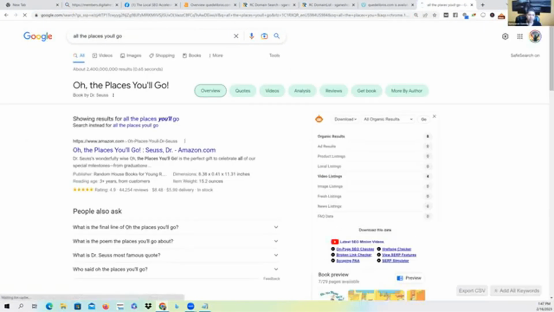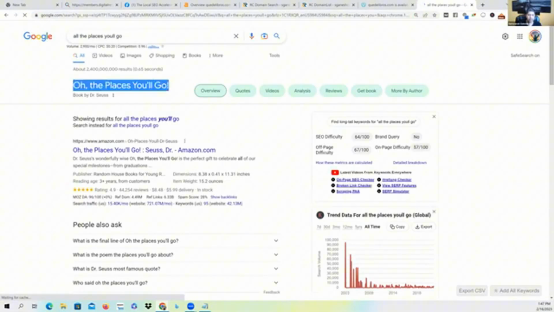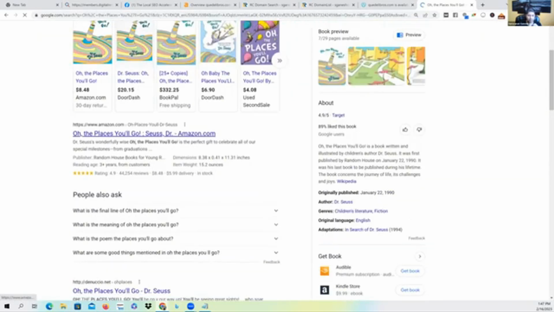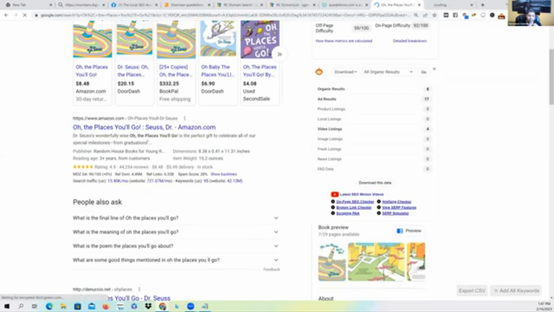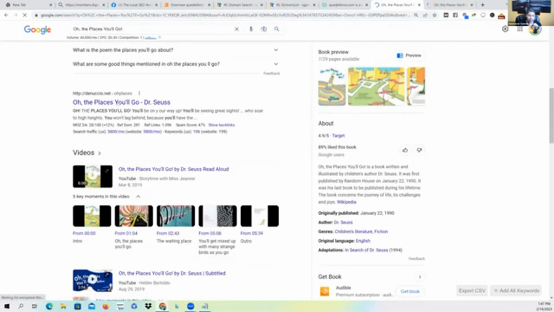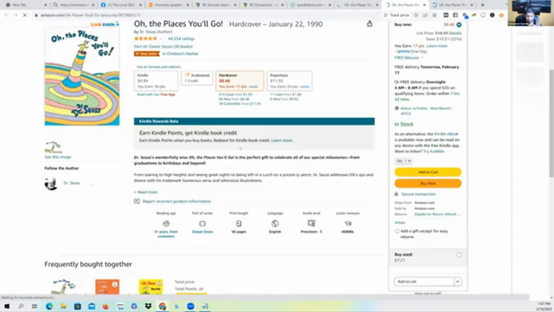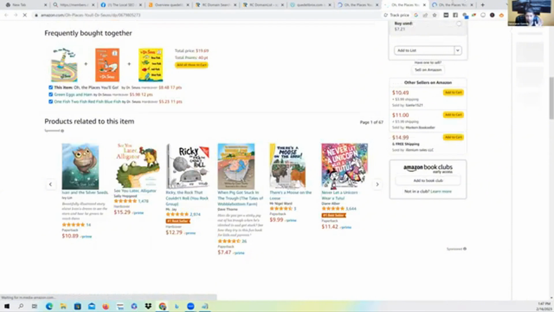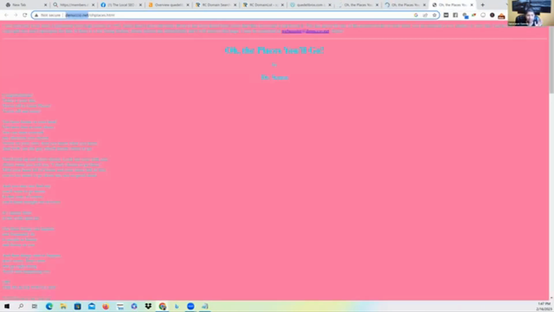Okay, here we go, right? Let me copy this. Let me search for this. This is the number one thing that's ranking. This is the number two thing that's ranking. Number one is Amazon. Google knows Amazon is the authority on books, so it's bringing up Amazon. But we don't know what this is. Google lands on this page. It has no idea this is about that. This is about